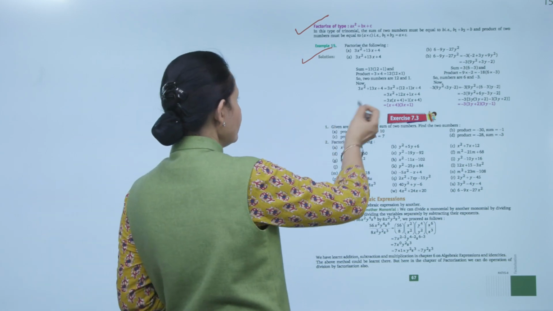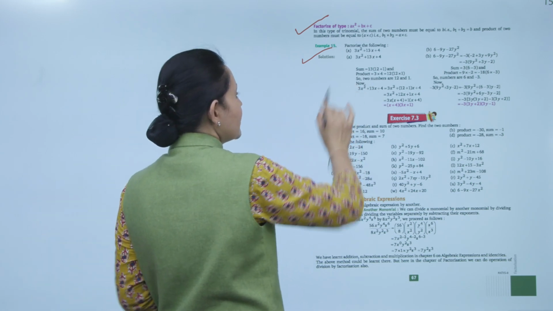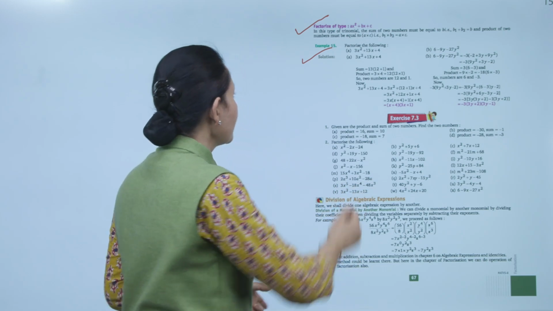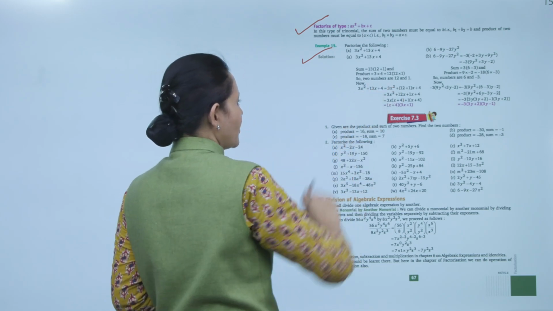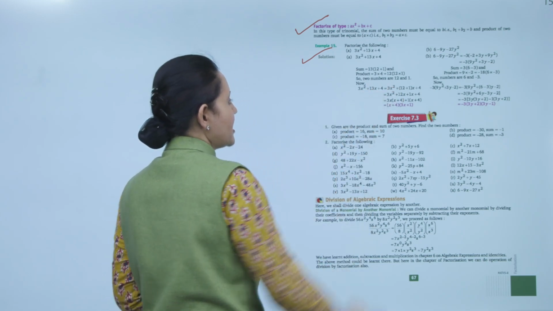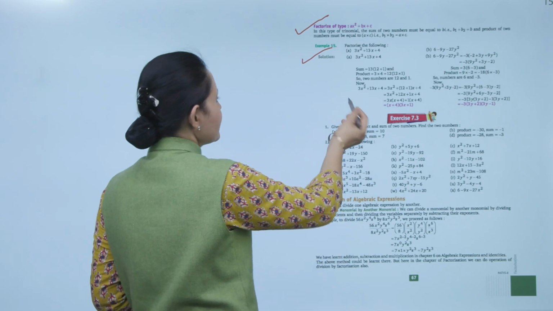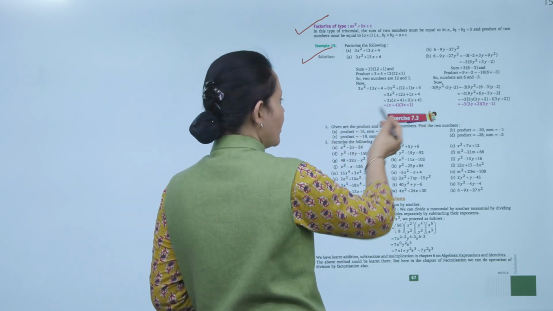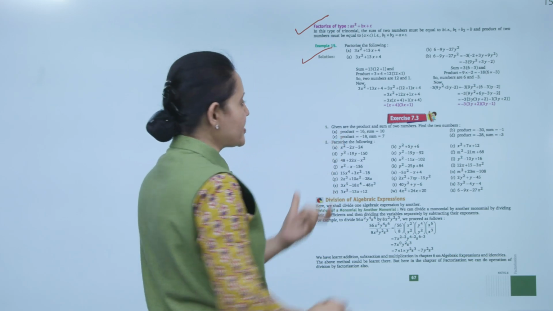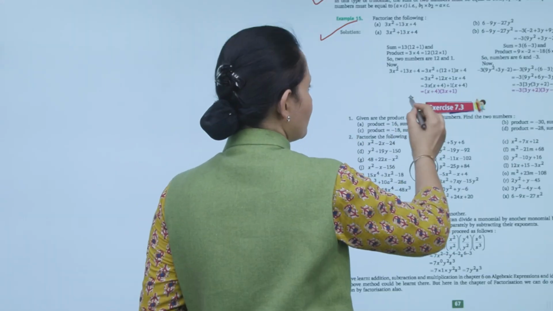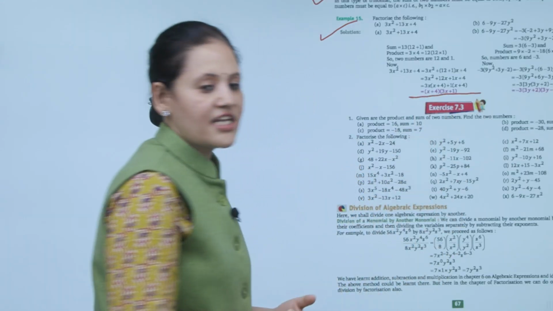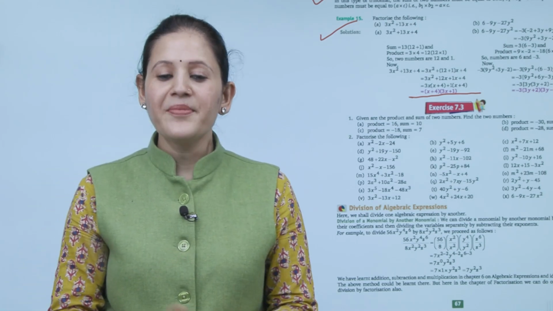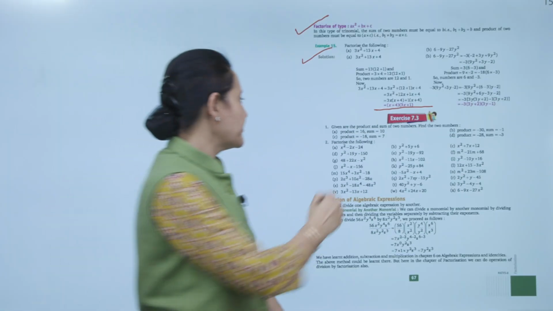So, sum 13 का क्या होगा? 12 plus 1 and the product 3 into 4 that is 12. So, two numbers are 12 and 1. So, इसको factorize करेंगे हम 3x square plus 12x plus 1x plus 4. Now again 3x common लेंगे, x plus 4 आ जाएगा and 1 लेंगे, x plus 4. So, two factor हो जाएंगे x plus 4 and 3x plus 1. Clear? Next is exercise 7.3.